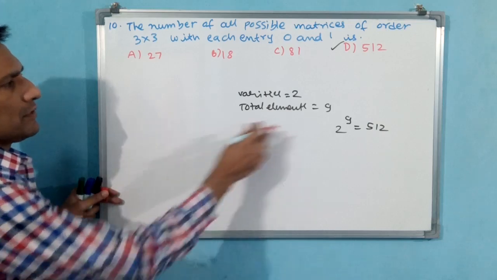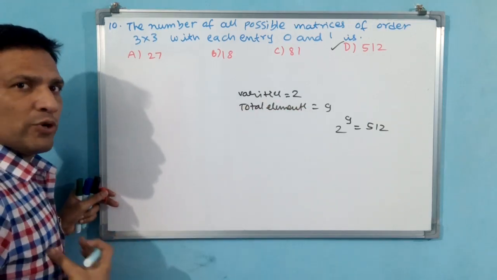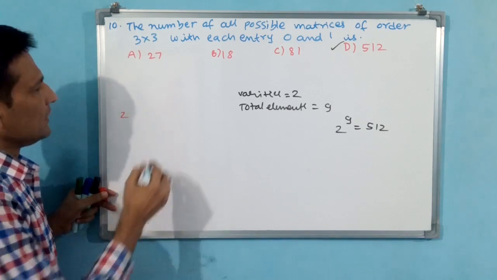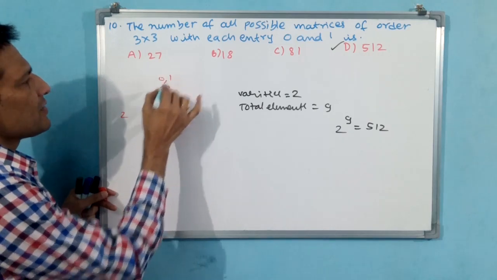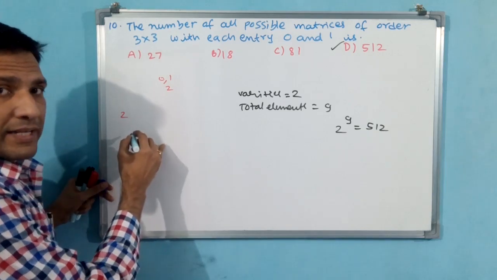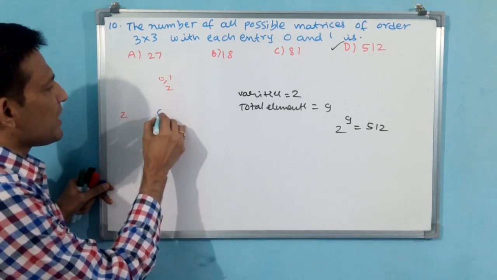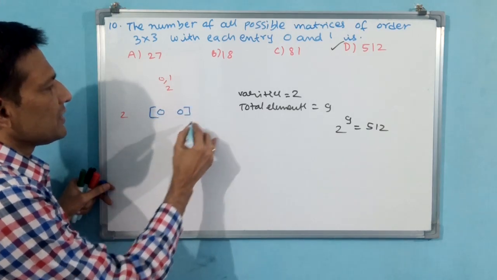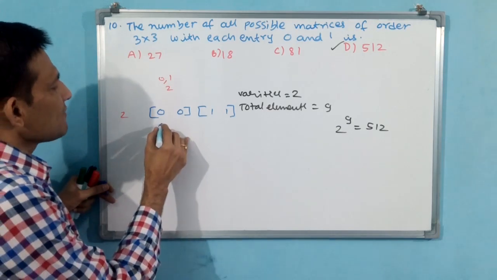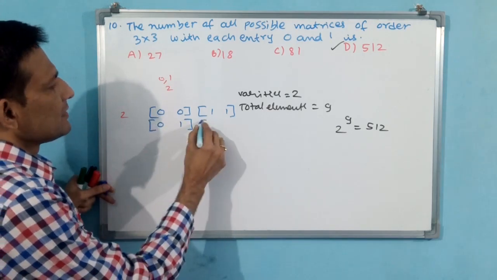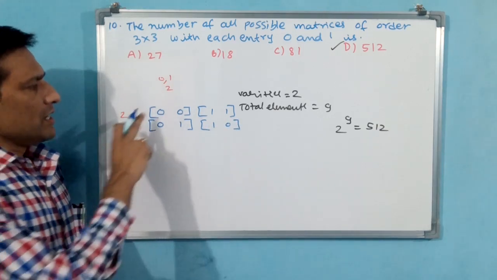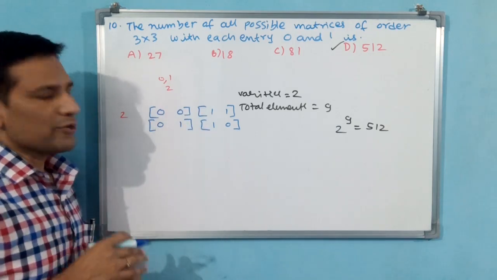You see, 9 elements are there. Rather than 9 elements, what do we do? We take 2 elements, 3 elements. 2 elements I have taken first. 2 varieties are there, that means these varieties are 0, 1. Now 2 elements are there. Then how do you write 2 elements? You may write like this: 0, 0, one option; 1, 1, another option. Another one is 0, 1, and 1, 0. Rather than these 4 options, can you make any other options?